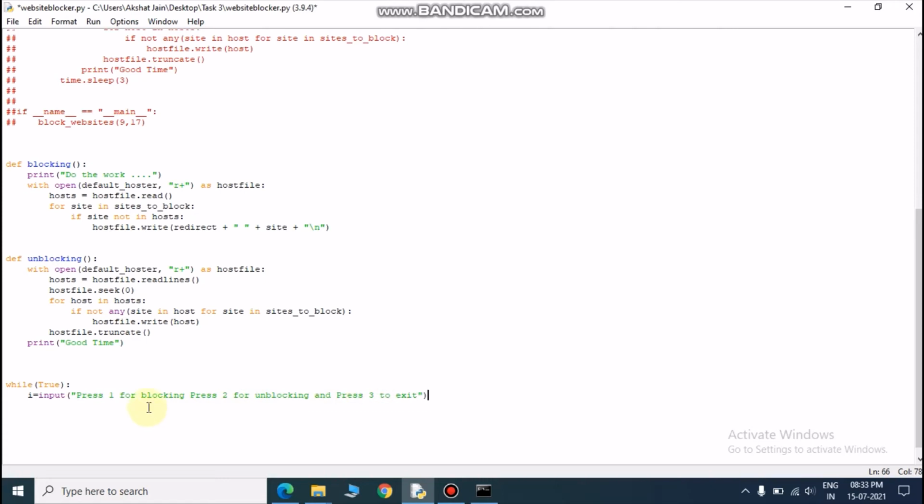So here we are asking the user whether he wants to block the website, unblock the website, or just exit from this software.